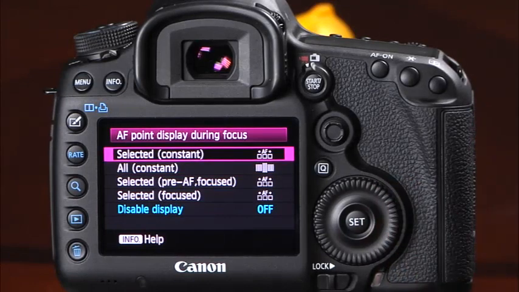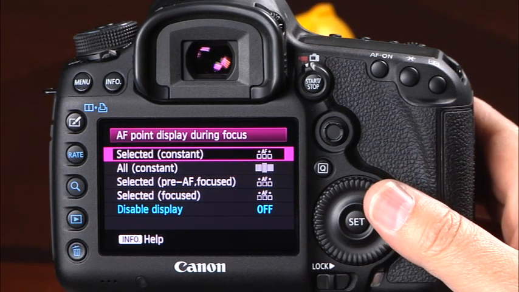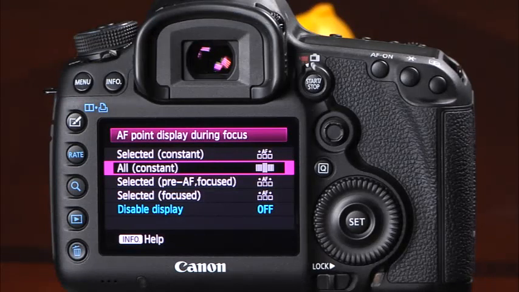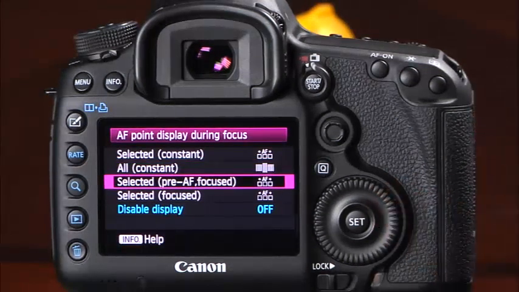The first option is Selected Constant. With this option, the selected AF point or points will always be displayed in the viewfinder. The next option, All Constant, will always display all of the camera's 61 AF points. The next option, Selected Pre-AF Focused, will display the selected AF points during selection, before you press the AF on